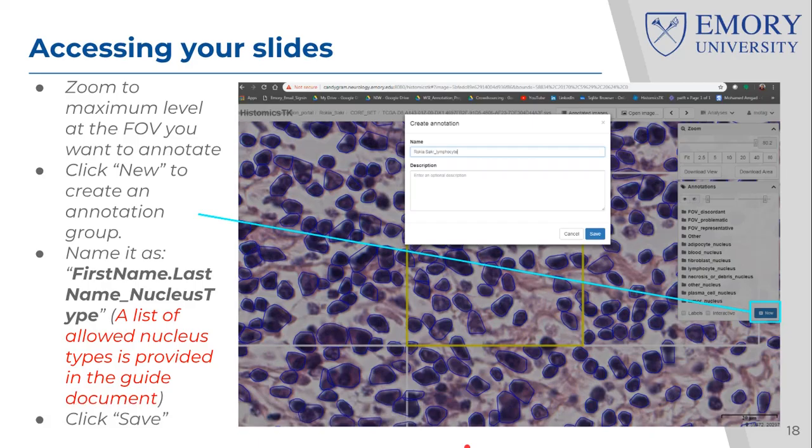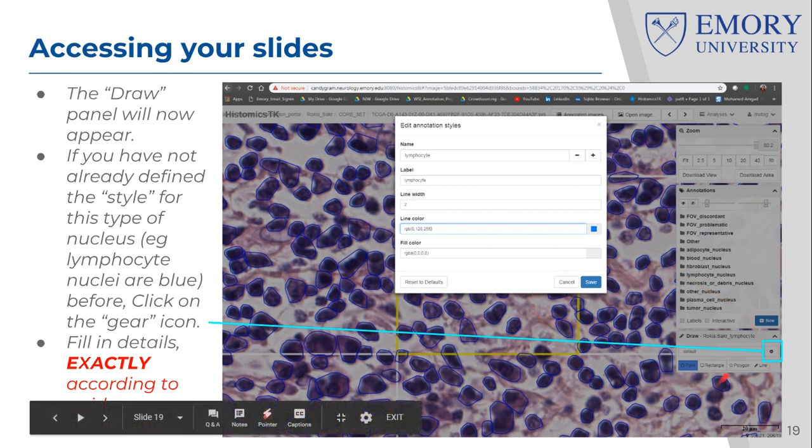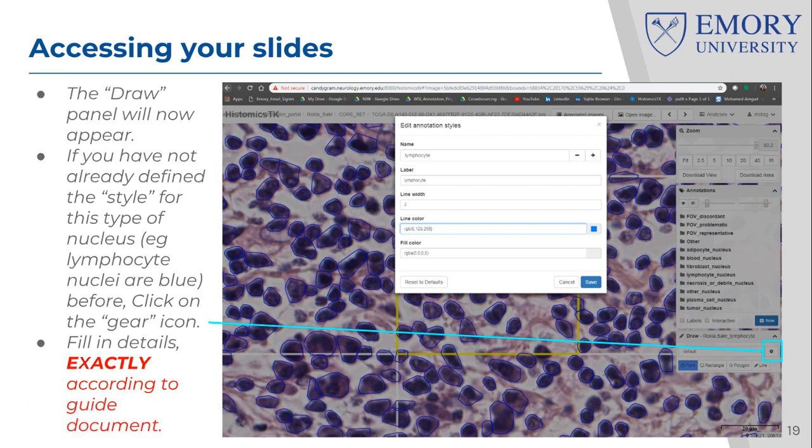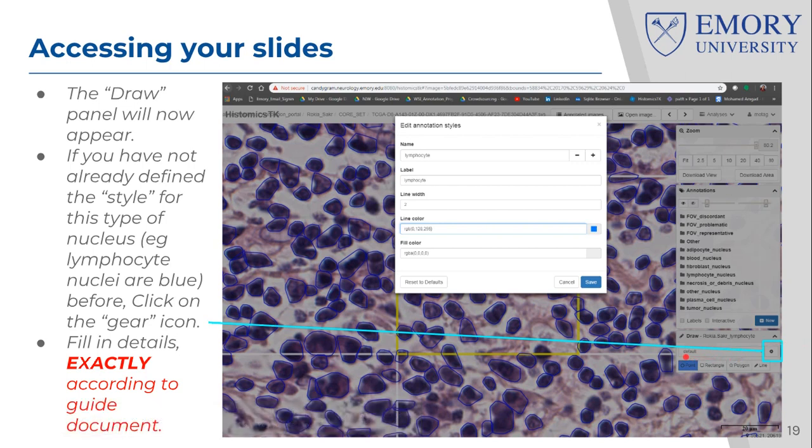But for having a smooth presentation, I'm just going to show it as if you're creating an annotation from scratch. This is also relevant for the senior pathologists who may need to create a new annotation style that is not really defined in the main document. But for everyone else, really, you should have the annotation predefined from the previous step. Okay. So, how do you define an annotation style?